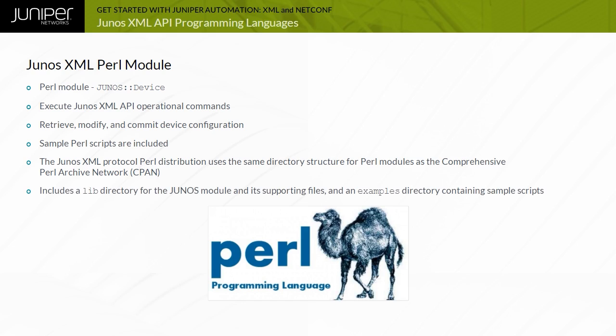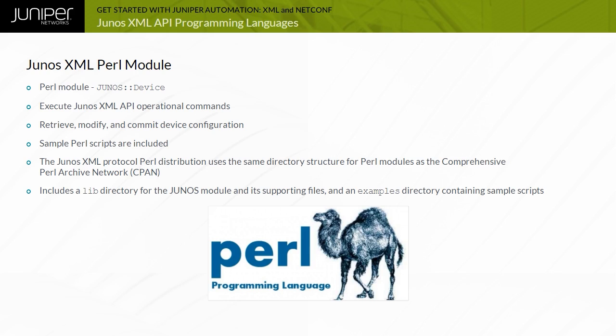It includes a lib directory for the Junos module and its supporting files, and an examples directory containing sample scripts. The library contains several modules, but client applications directly invoke only the Junos device object. For detailed instructions on installing the Junos XML protocol Perl client and associated sample scripts, refer to the Junos XML